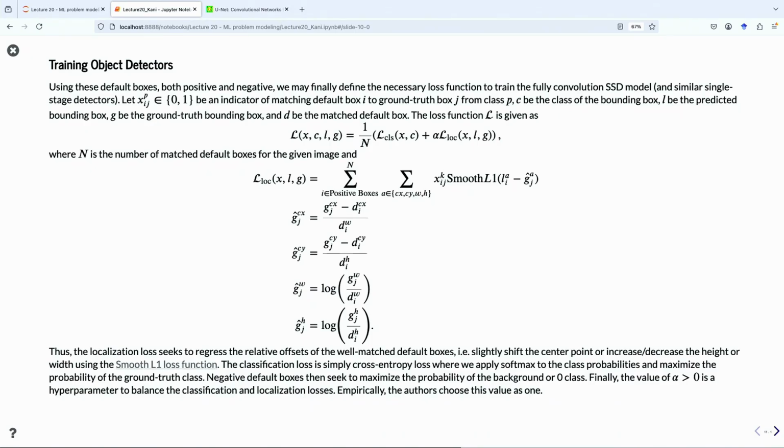If you remember, we discussed L2 loss when we discussed support vector machines, how to derive L2 loss with support vector machines. The L2 loss is simply the square of the difference between the predicted value and the true value.